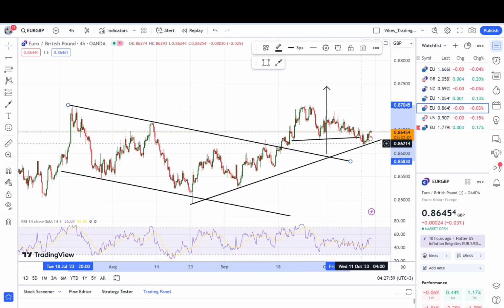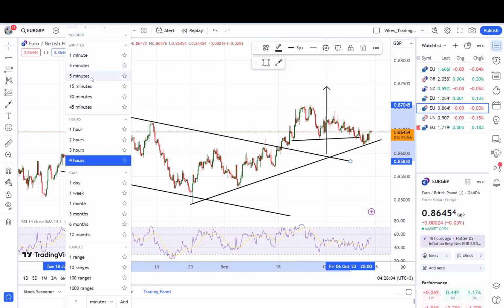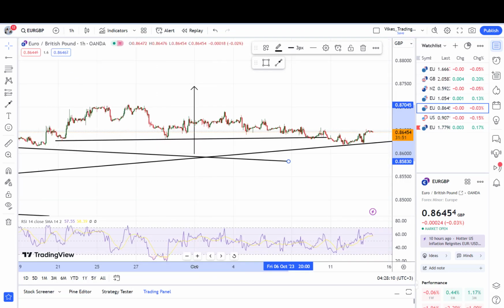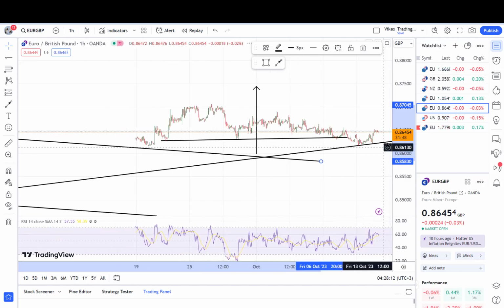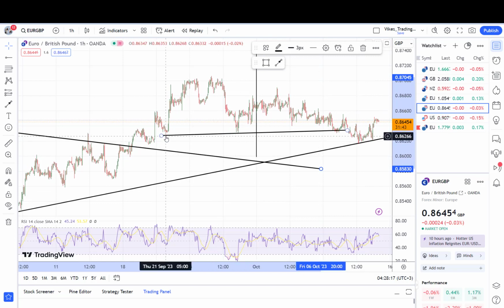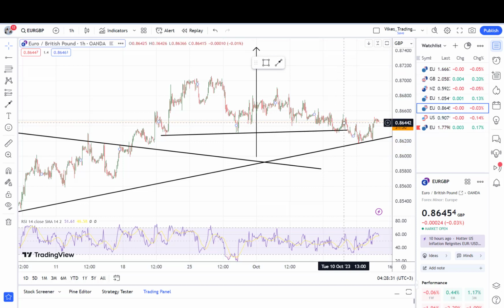Another thing as to why this area is of interest is if you go to lower time frames. Let's go to like H1. You can see that here there is a support. Here there is a support. Here there is a support that was slightly breached, and then price pushed down and broke the support, meaning that here there is